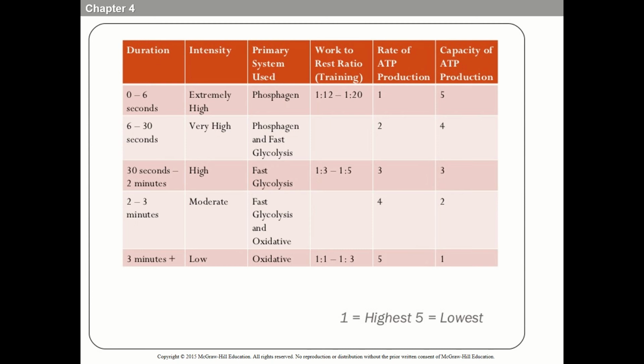Now, as we go on a little bit further, if you're following 0 to 6 seconds, 6 to 30 seconds, 30 seconds to 2 minutes, that would be fast or anaerobic glycolysis. The end product there is lactic acid in the muscle, lactate whenever it's transported out. That one is about in the mid-range. And then at the very end, we typically get oxidative metabolism 3 minutes or so in. Is everyone good with that? So oxidative metabolism, everything that's going on, like the Krebs cycle and electron transport chain,